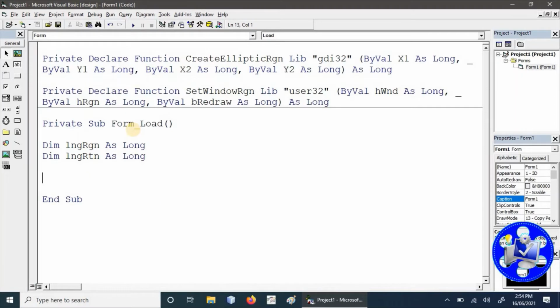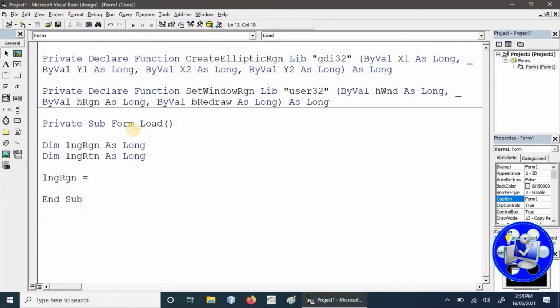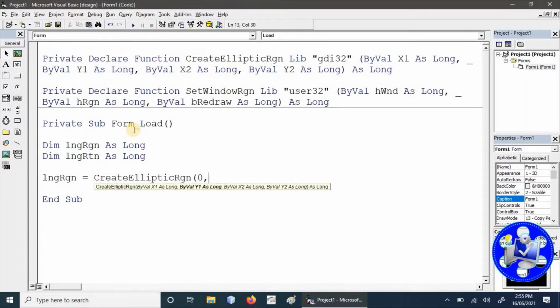First of all, as we have discussed before, we want to create an elliptical region using CreateEllipticRgn 0, 0. Let's suppose we want a width of 200 and 200 for this elliptical region.